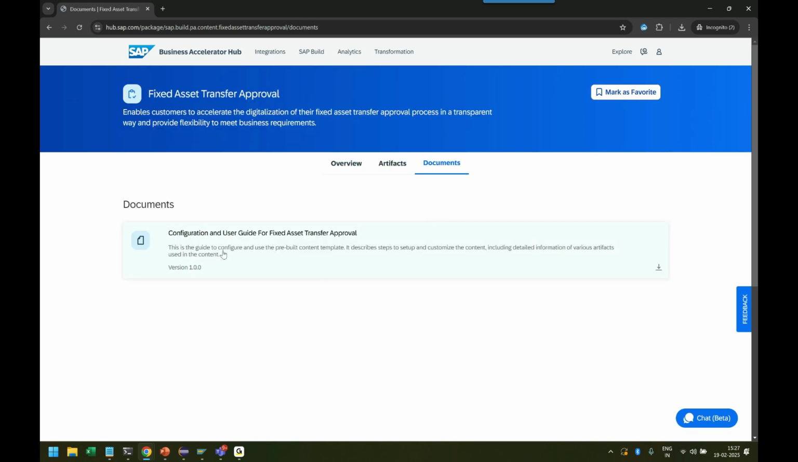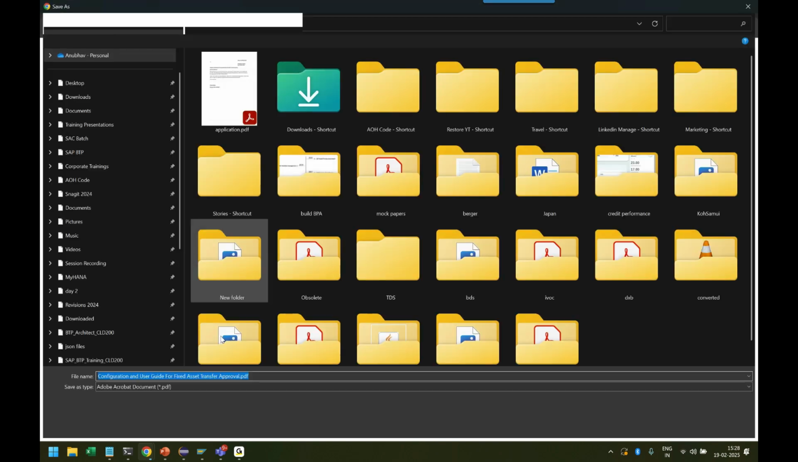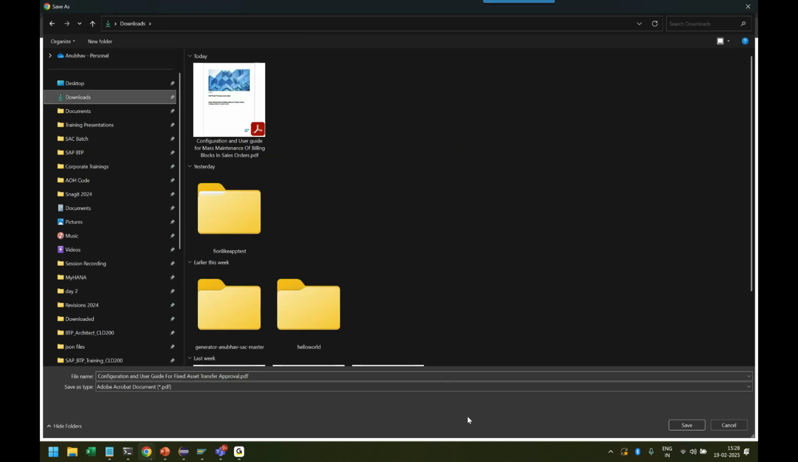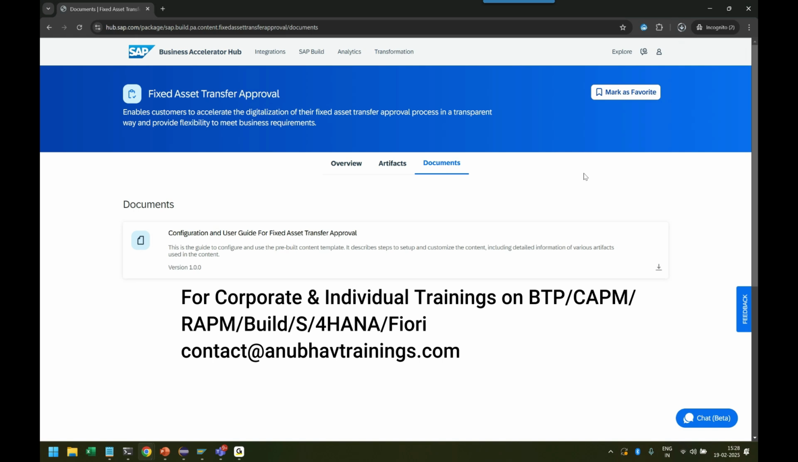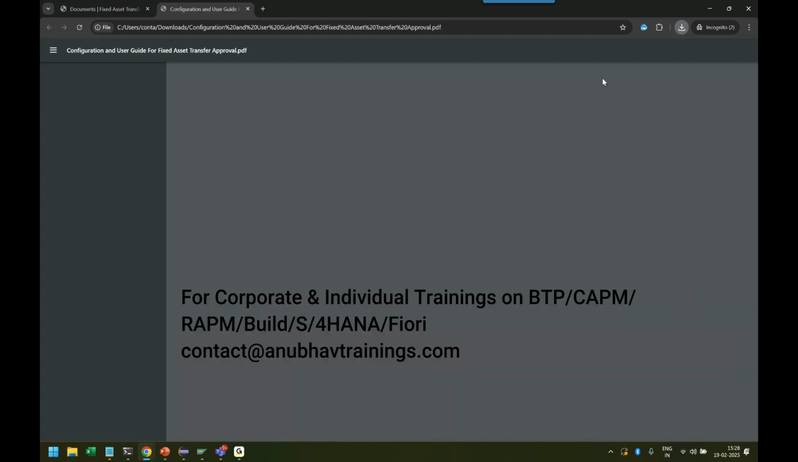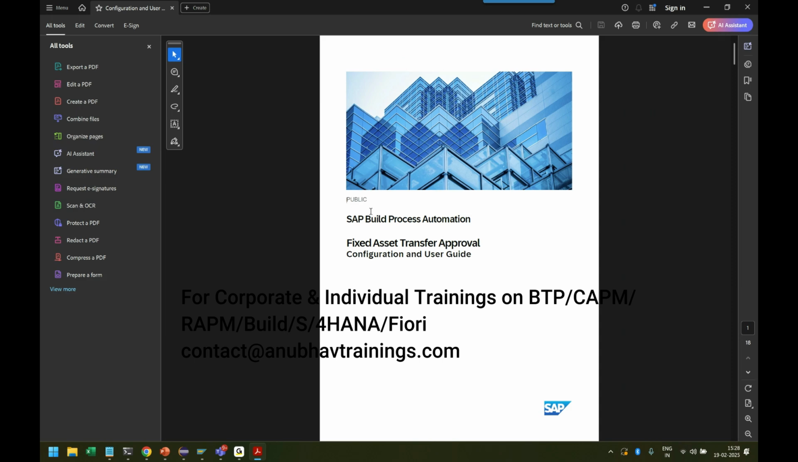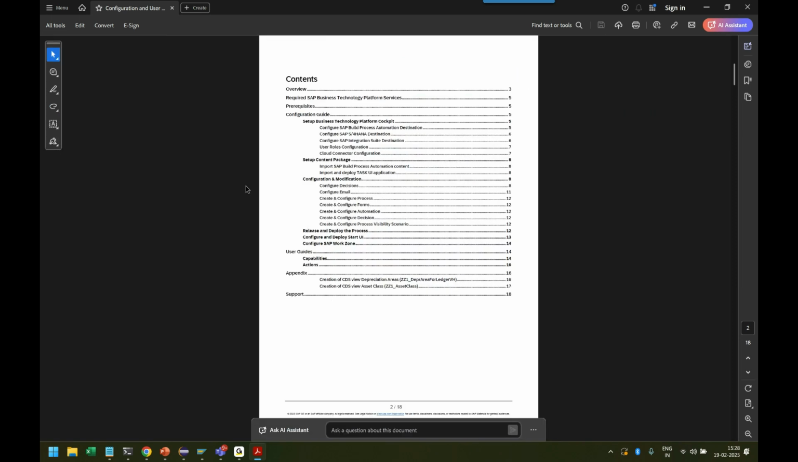And here is the configuration guide, which you can download to your computer free of cost as a PDF document. Then you can open this configuration guide to understand the end-to-end process of configuring this business process in your company. Superb. It explains everything here, including the